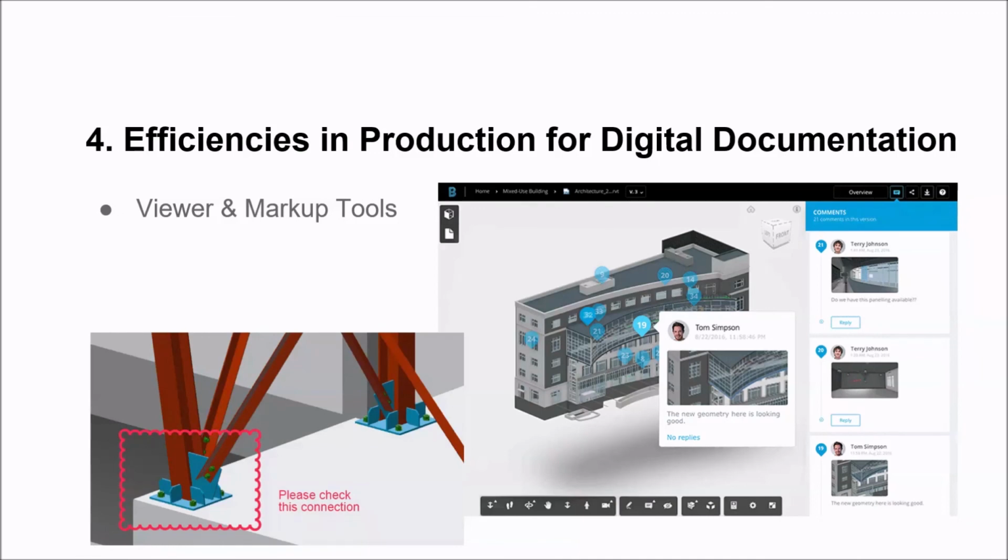BIM 360 Design's built-in viewer is pretty handy. All you need to do is double-click on the model you wish to view, and it will take you into the viewer, which is considerably faster to pan and rotate around than when in Revit. You can add section planes. It will also bring in linked models, and users can add markups and comments.